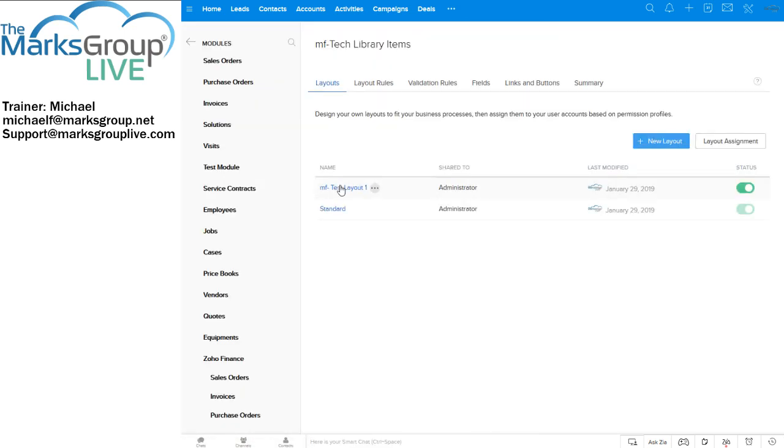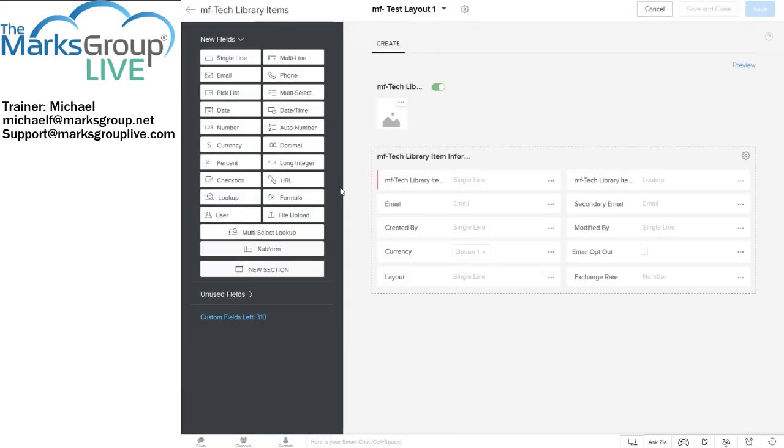So I'm going to click on that. I'm going to go to Test Layout 1. I'm going to take a quick look at some of these available fields. Tomorrow we're going to go over how to use all of them, and we're going to create a module for ourselves. I do encourage you to create a junk module, a throwaway module that you can use to experiment with